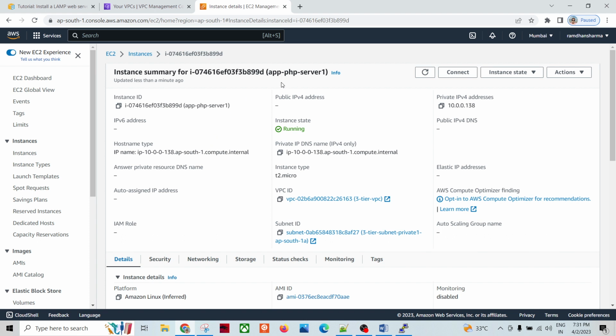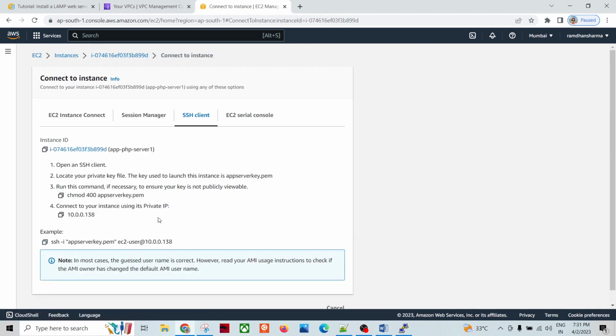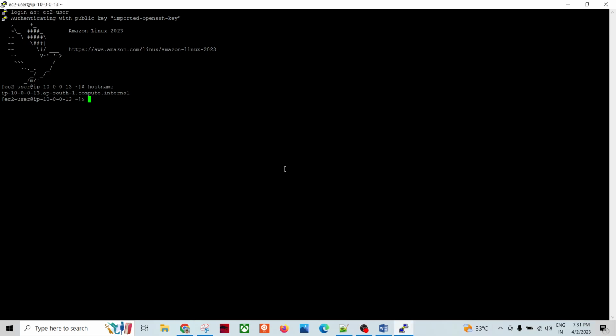And I mean the PSP app servers. Okay, so let's see. If I do connect, you can have this string, right? So I can use this string to log in. And before that, I need to have the PAM key actually. So where are we? I'm in here. PWD. I can create